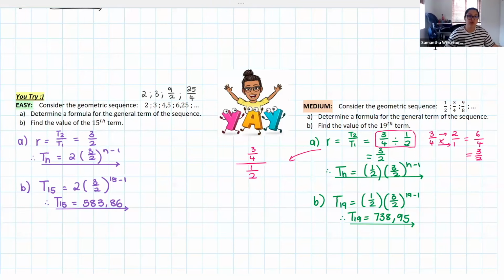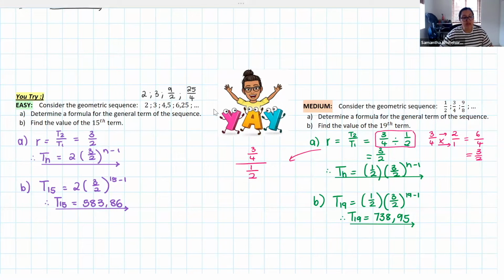Okay, so guys, what you will notice is I didn't ask a question where I said which term in the sequence will have a value of this number. In the arithmetic lessons and in the quadratic lessons, there was always a question like that: which value in the sequence has this numerical value assigned to it? Now, you will be asked questions like that in geometric sequences, but we need to take a little tangent, a little journey down memory lane,